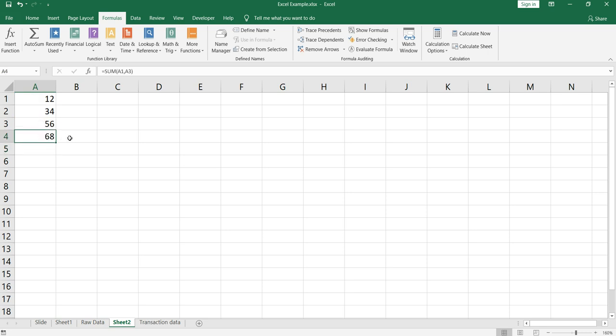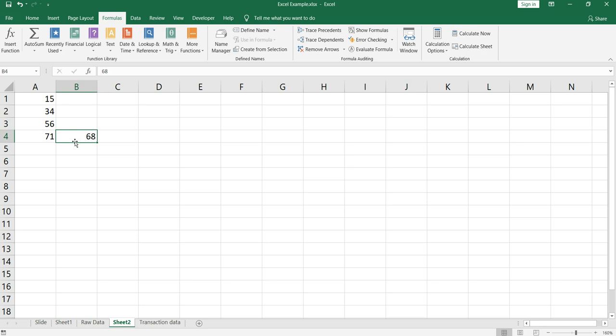Now if I get this sum 68 and keep the formula as it is, and I also put 68 here manually, and the data changes, for example from 12 to 15, then the cell which contains the formula will get updated automatically, while the cell value 68 which I have entered manually won't change, because earlier I took the sum of 12 and 56, their sum was 68, so it doesn't change, right?